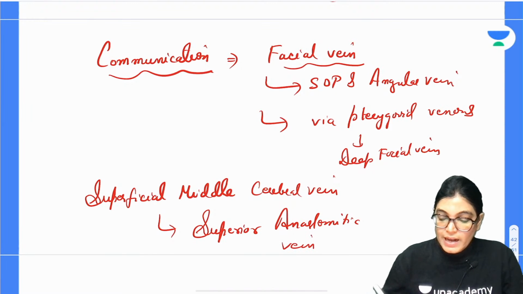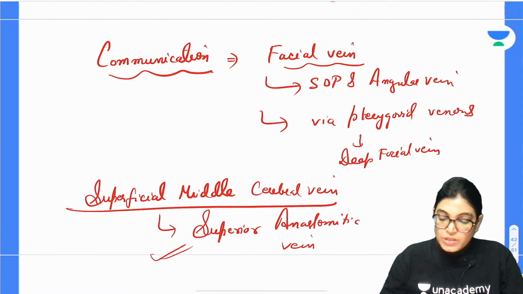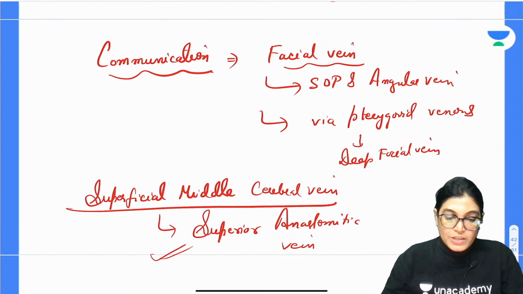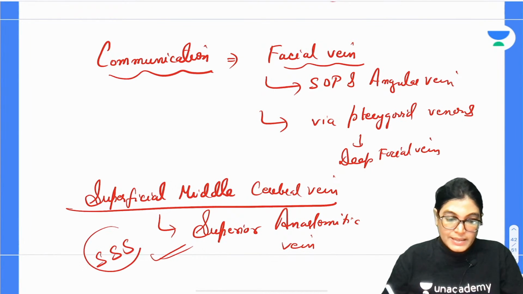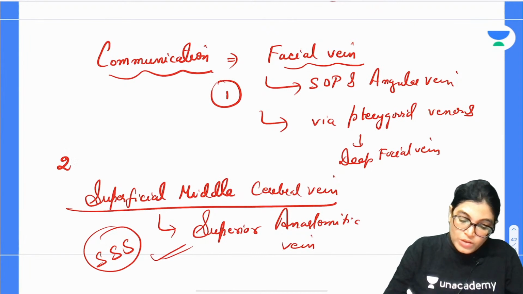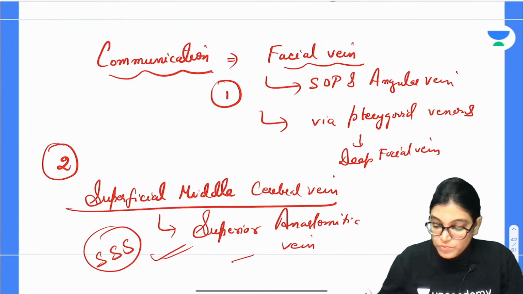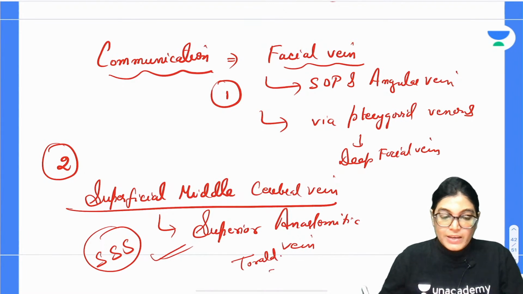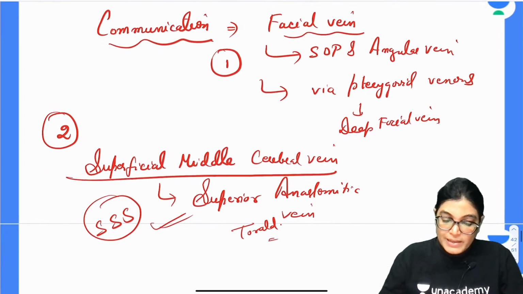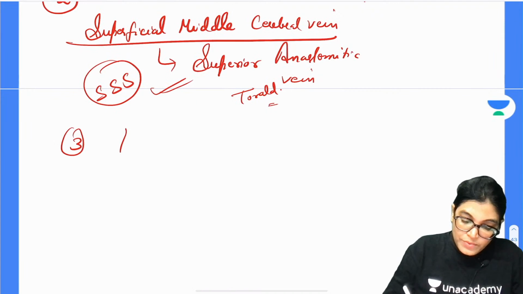So via the superior anastomotic vein of Trolard, it can form a communication for the superior sagittal sinus. So this facial vein is one mode, the other is the superficial middle cerebral vein through the superior anastomotic vein of Trolard. The other communication can be the pterygoid venous plexus of veins forming communication via the pterygoid venous plexus of